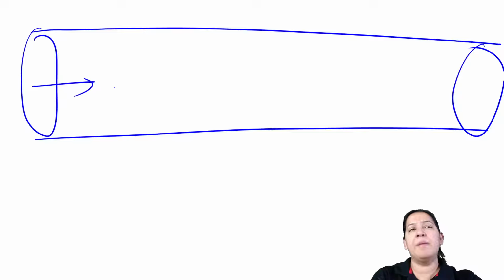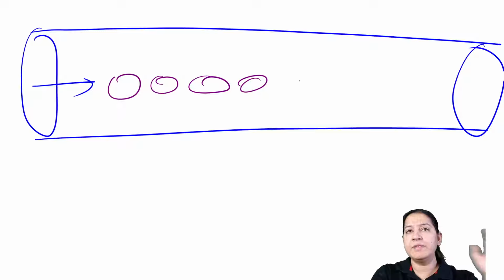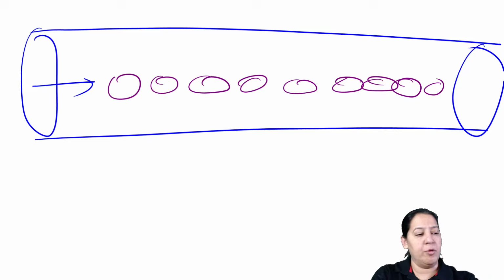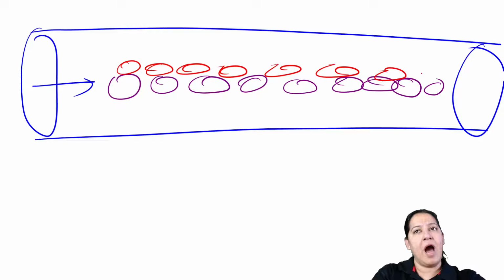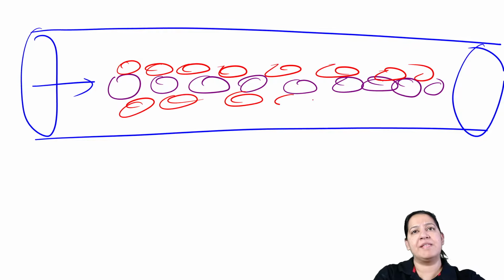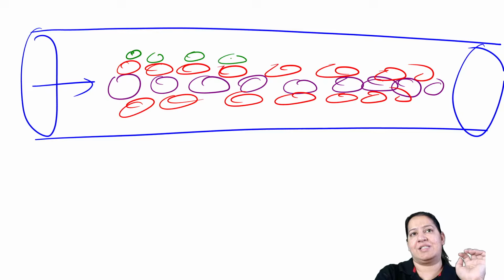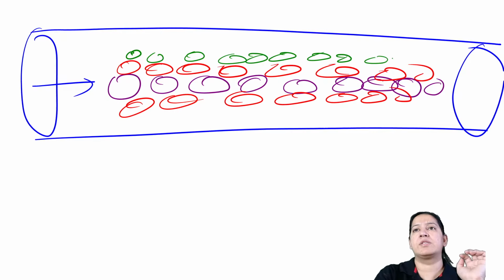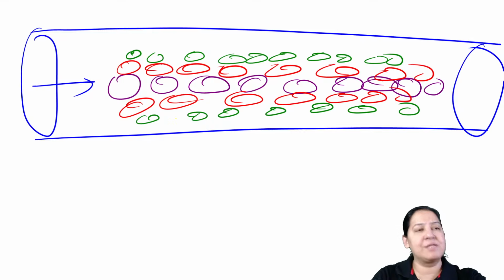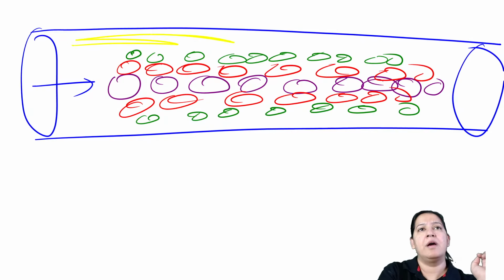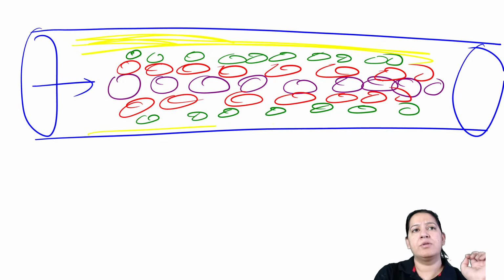So what is the heaviest among the blood? Among blood, the heaviest is the WBC. So WBC travels at the center. After that there is RBC, so RBC is around the WBC. WBC के आसपास है RBC. After that we have platelets. Platelets are the lightest and the smallest, so they travel at the periphery. And the lightest is the plasma. So a rim of plasma is there. So this is the plasma.